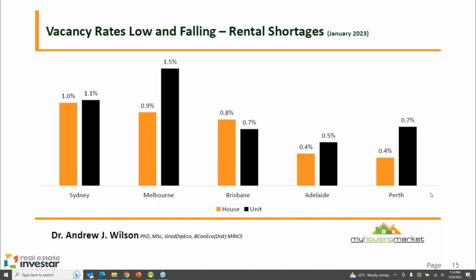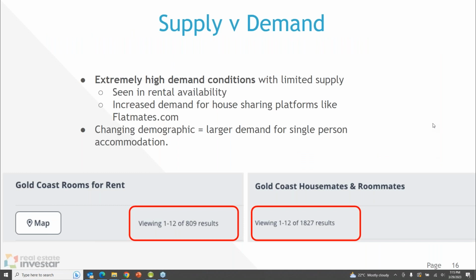Vacancy rates, just really proof in the pudding of what I've been talking about there. For anyone new to property investment, a vacancy rate of 3% is considered a fairly tight market. What that means is for every 100 properties listed for rent, there's about 3 currently vacant. But all the capital cities are under 1% for houses, so very, very low. Those are the real numbers, and again, it gives us confidence if we're looking to buy an investment property and put tenants in place.